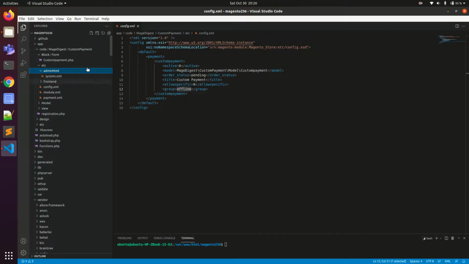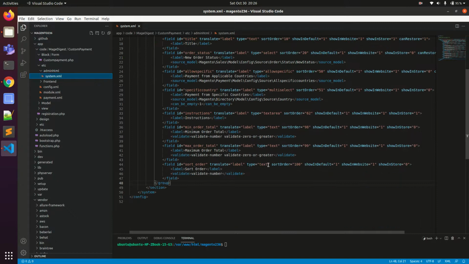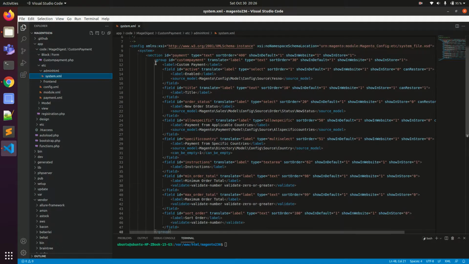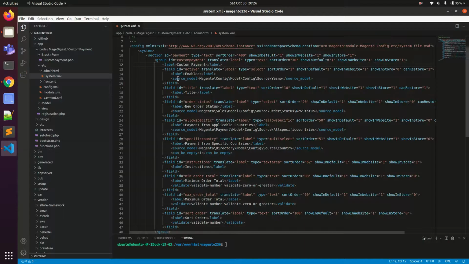Now the same settings you have to mention in order to view this particular thing, inside the admin HTML and in the system.xml. In system.xml I am mentioning all those configurations in order to view that same thing in our admin panel. I am giving this section ID payment, this would be same along with other payment sections. Group is the custom payment, if you remember.